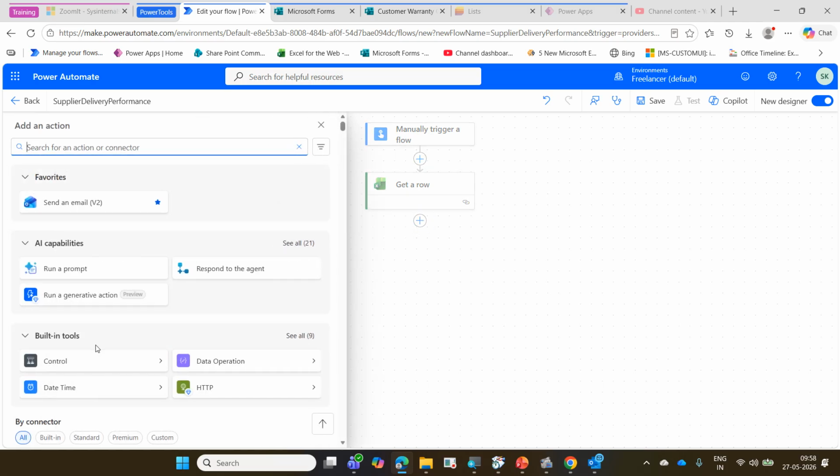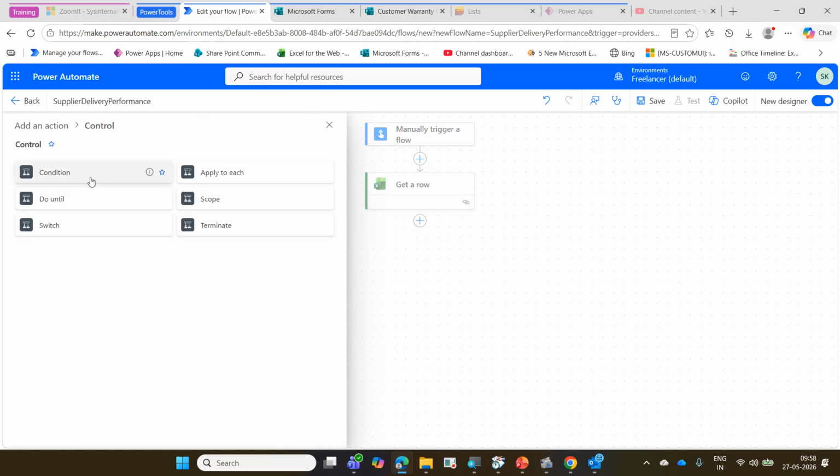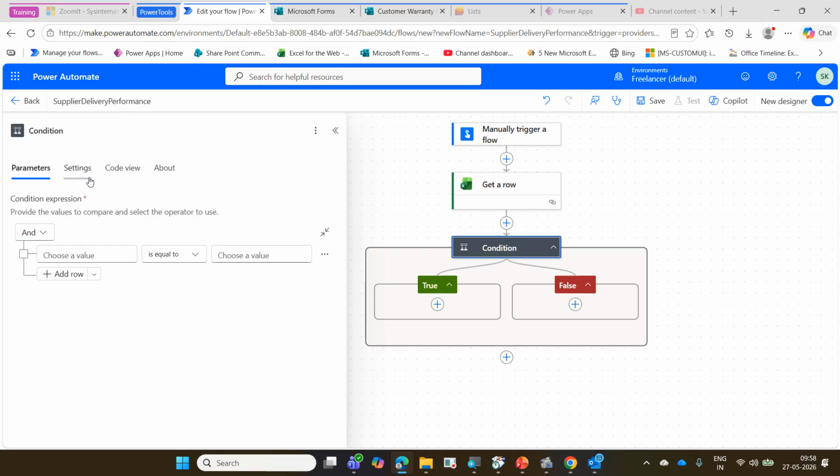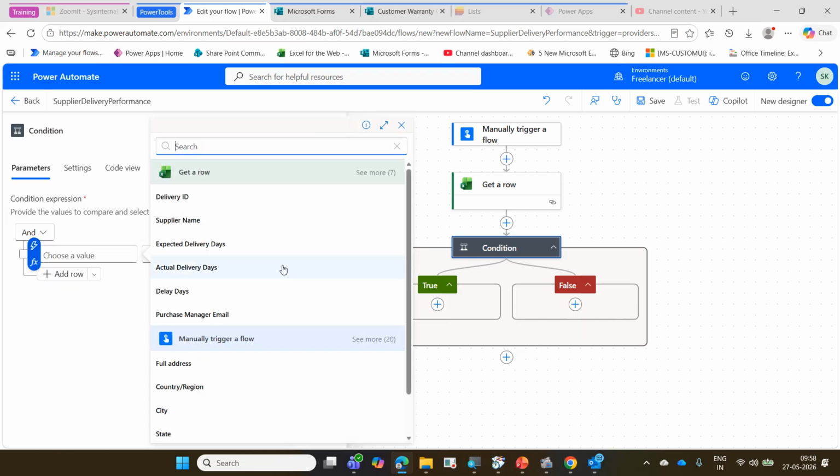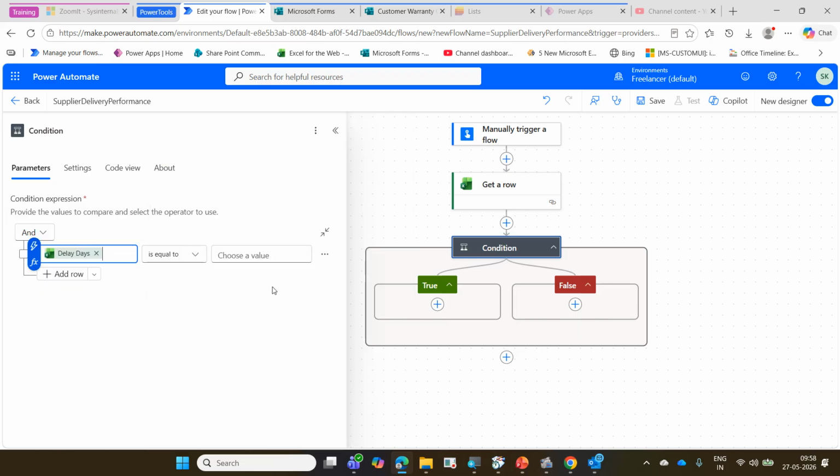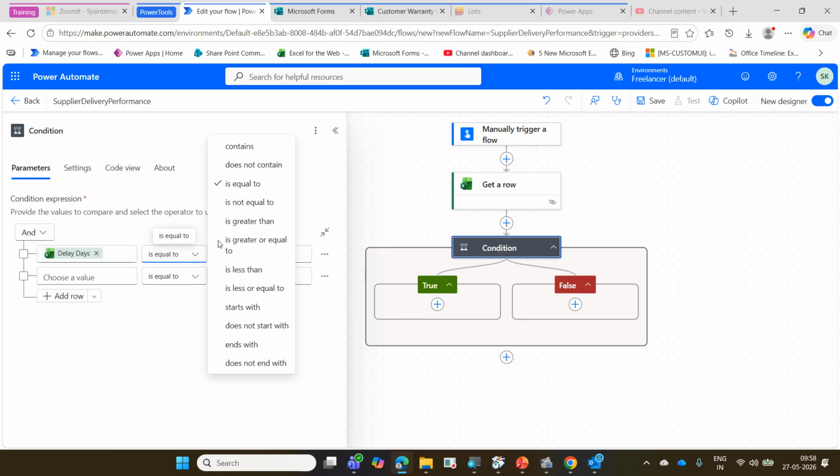Yes. Tell me what is my condition. Click here. Thunderbolt. Which one? Delay days. What should be checked? It should be greater than 0. If it is greater than 0,